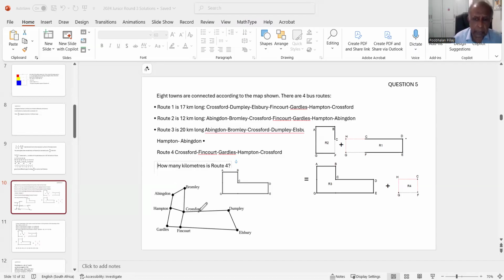And more than that, instead of having this rather funny looking picture, I could put it like this. Then I have A, B, C, D, E, F, G, and there's an H here also. H, G, H, and you come back to A. All right, so you've got all these towns. Now, route 1,